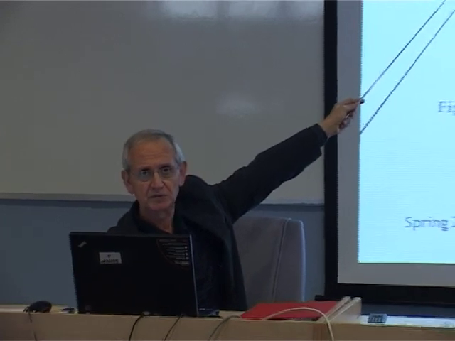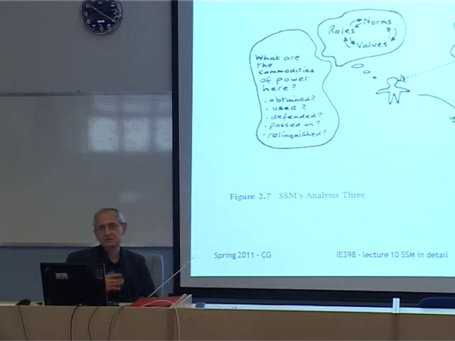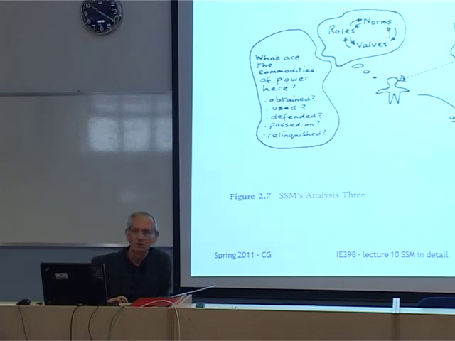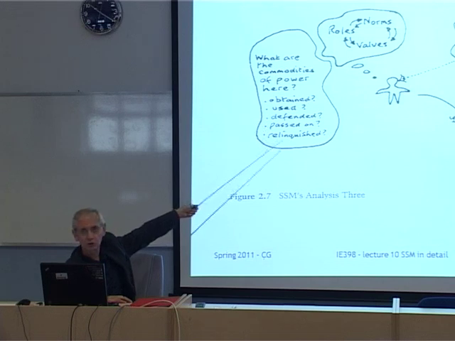Are they obtained? How are they obtained? How are they used, defended, passed on, relinquished? You understand this? How is this commodity obtained? How is it used? We're going to see what we mean by commodity in a moment. How is it defended? Sometimes what takes place within the interaction of roles, values, norms, etc., is that people appear to be defending their positions of power. Sometimes they do not defend it but pass it on.